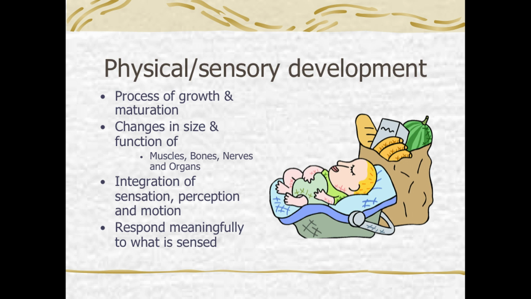P, which represents physical and sensory development, refers to the process of growth and maturation, changes in size and function of muscles, bones, nerves, and organs. It's our kind of physical development as we physically mature. And often, for people with intellectual disability, this area of physical development may be more in line with their chronological development. However, the sensory processing part of the physical development may be something that does cause difficulties